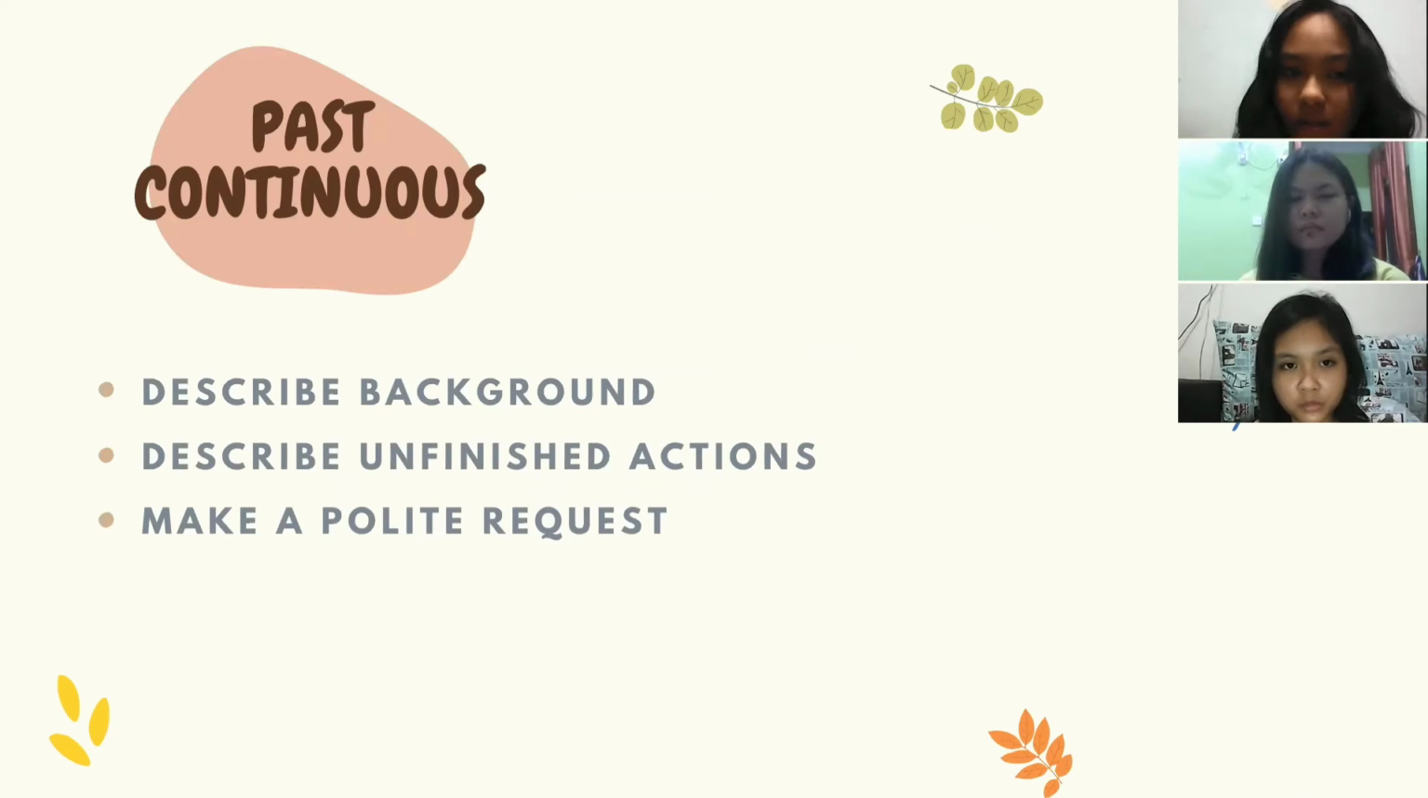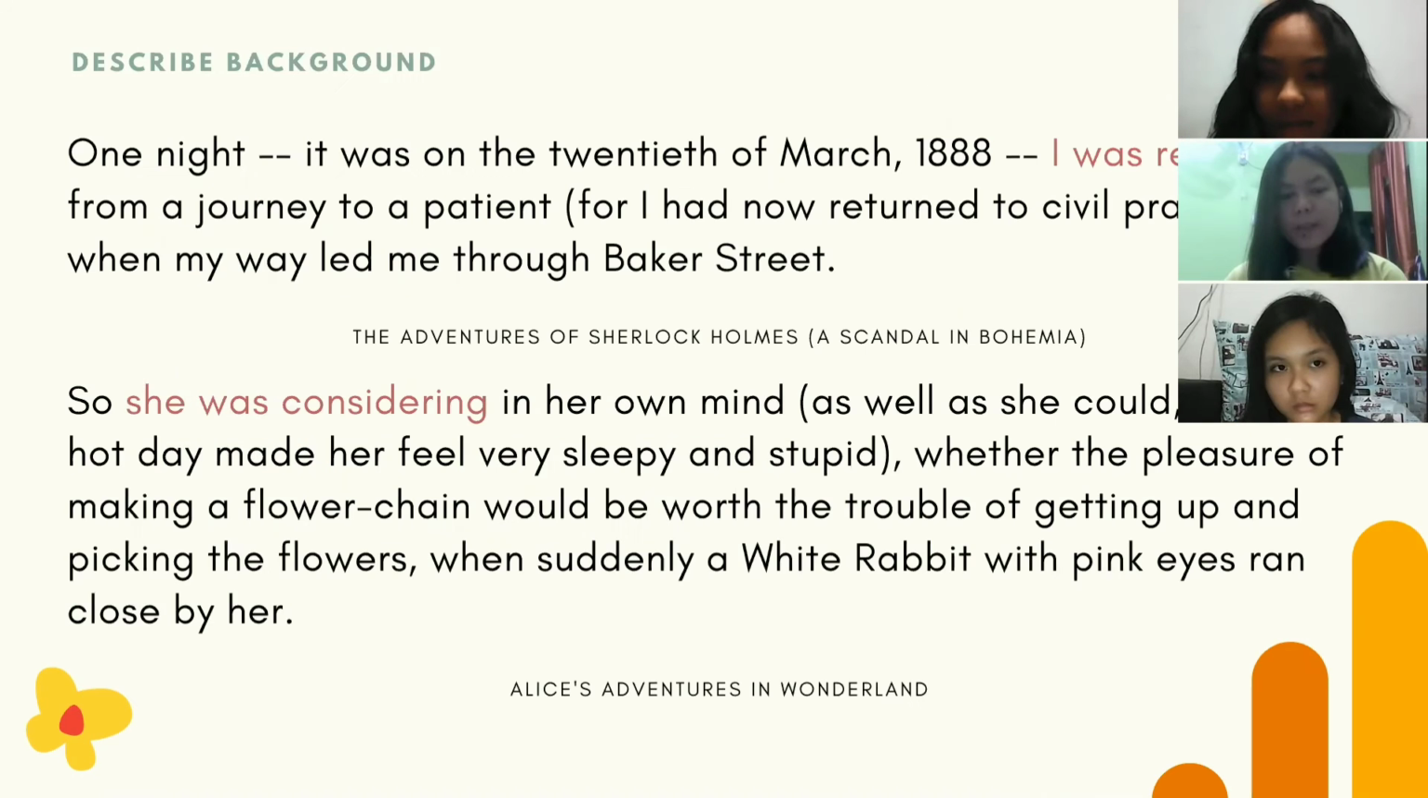Past continuous is often used to describe background, describe unfinished actions, and make a polite request. Describe background. Past continuous tense is usually found in stories written in past tense to describe the background of the story. For example, one night, it was on the 20th of March